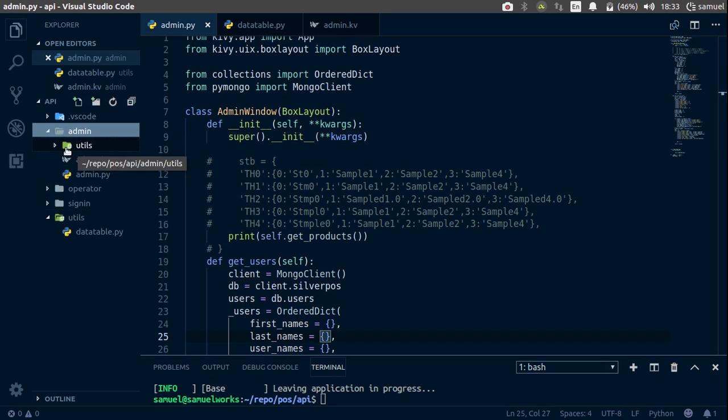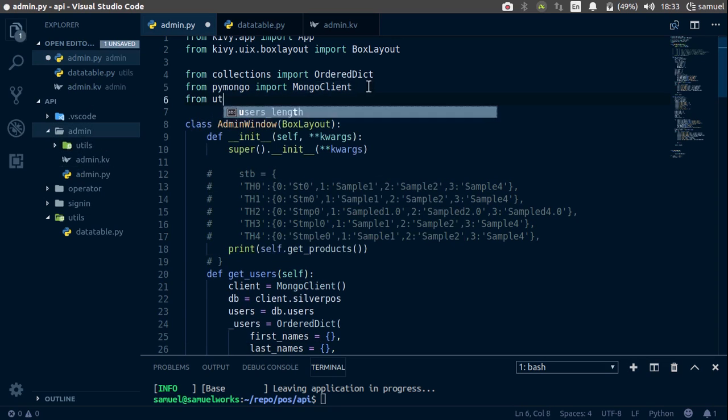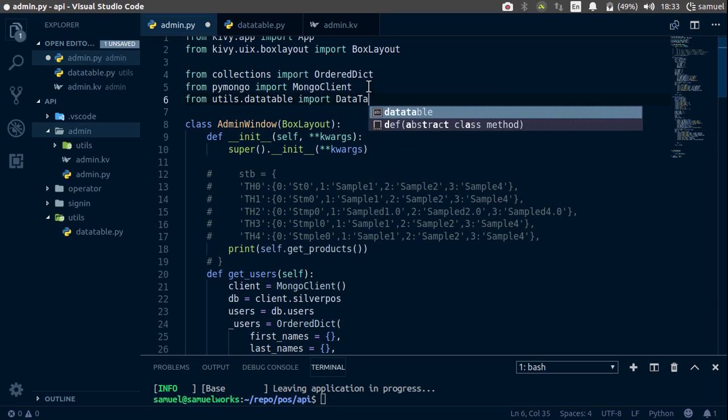We will be deleting this folder in the future, okay, but for now we need it. So now let's go down here and say from utils.datatable, right? We want to import the data table class. Okay, simple enough. Now let's comment this out